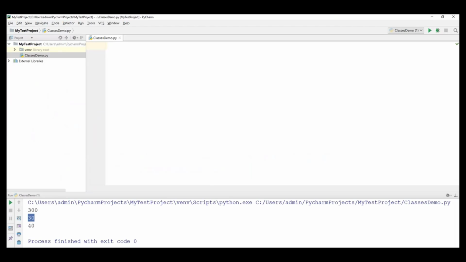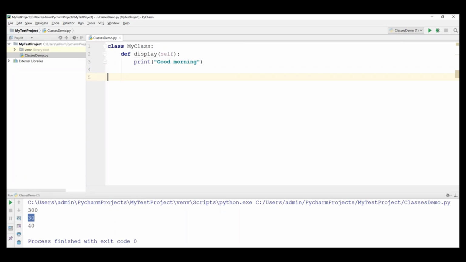So I will just create a class. Let's say my class name is again MyClass, and in this class I will create a method. So let's say def display, and this will take self, and self says this method belongs to MyClass. In this method I will just write a simple print statement, let us say good morning. Okay, some message I have created. So this is my class.